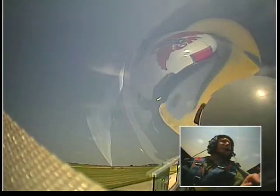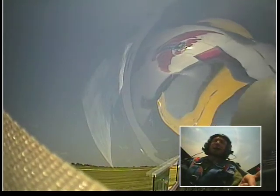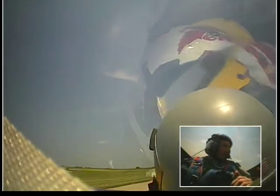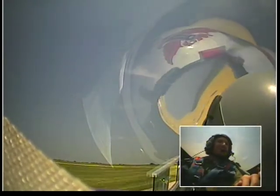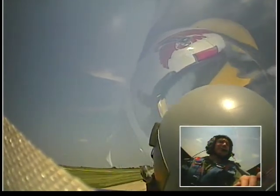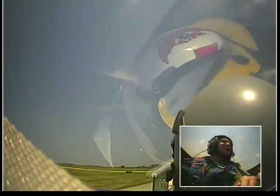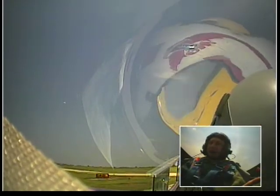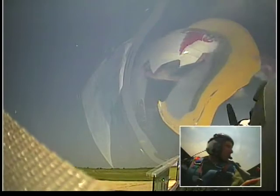Okay, and when we get to the end of the runway, we're going to do what's called our run-up. Basically go through all the systems of the airplane, make sure they all work like they're supposed to before we take off. And like I mentioned before, just keep an eye on, with your left hand, you see the two red handles that are just over your shoulder. So that's how we get rid of the canopy if we need to, so make sure you don't bump into those. So we're going to get to the end here, spin around, do the run-up. And tail's clear here, so we're just gonna